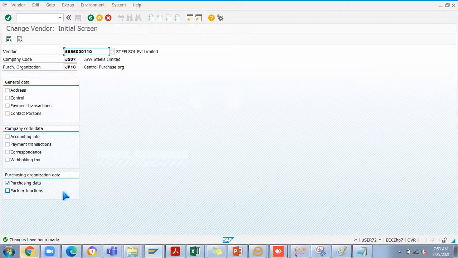Like this way you can create a material and vendor. I will stop now, because if I explain info record and source list, it will take another 15-20 minutes. I'll stop here, and please raise your questions regarding material master creation and vendor master creation.